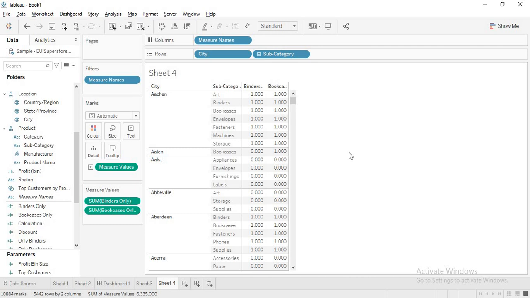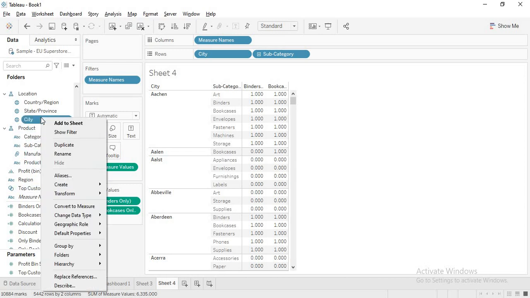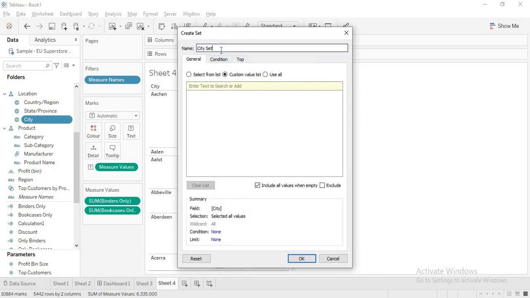So clear till now? Now what I wanted to do is I want to create a set. So on the city, I am right clicking on this, create set. Okay, city with binders.